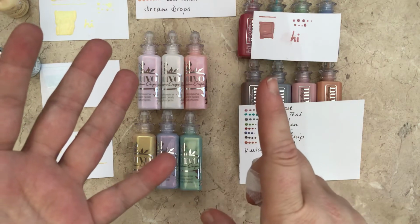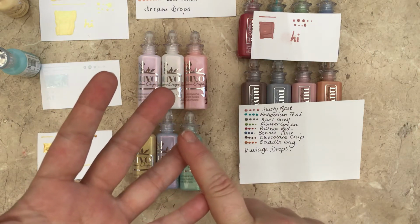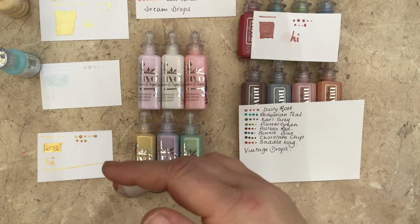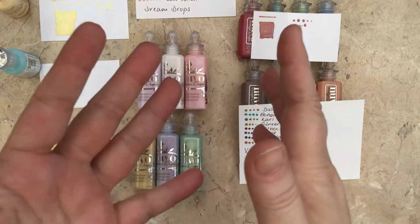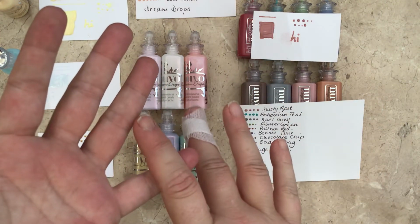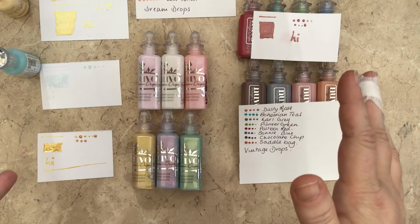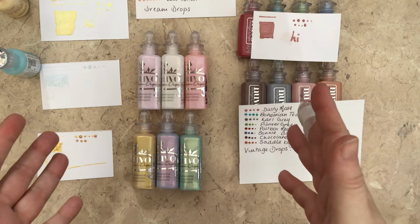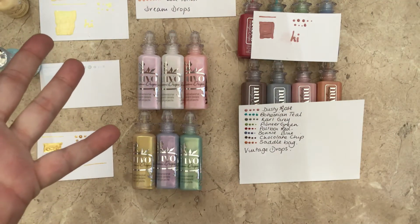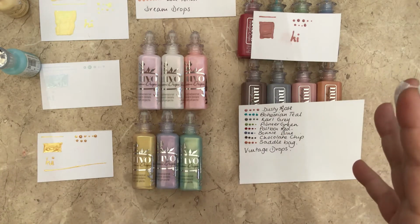In the same chart, I've created a colour chart for all of my alcohol pens, which is the Spectrum Tricolours, my Ultinew, and then my other alcohol markers. I've done my Stampin' Up markers, they're just the standard ones. I've done all my embossing powders because I have probably 50 or 60 different colours of embossing powders because I use them a lot. And then I've got my colouring pencils, and then I've got my gel colouring, my gel pens, and I've got a lot of different colours, so I've put them all in the same